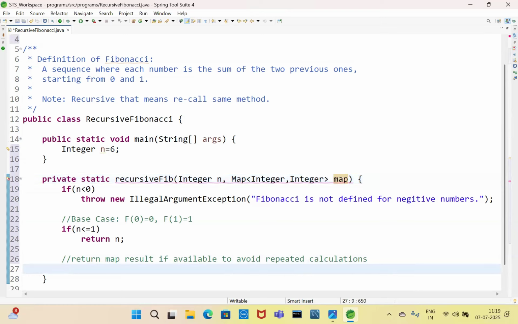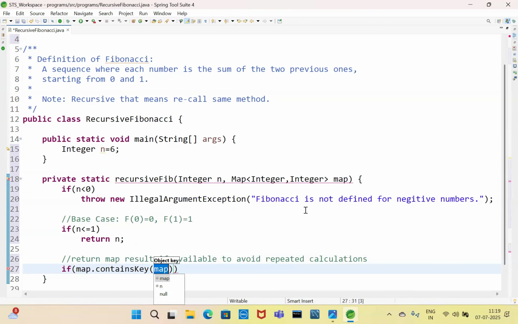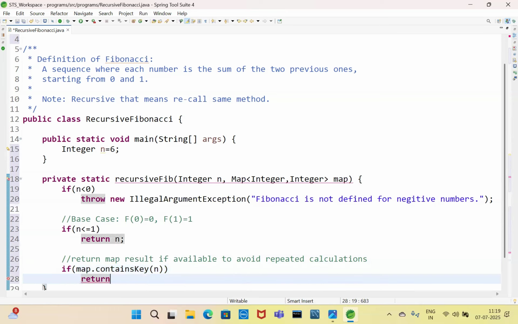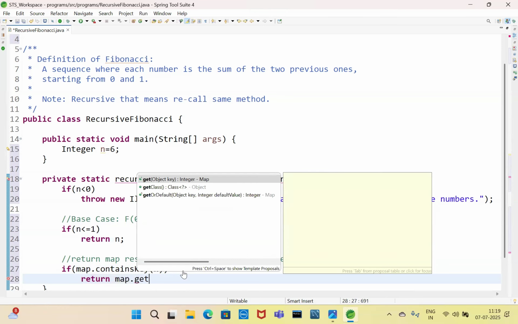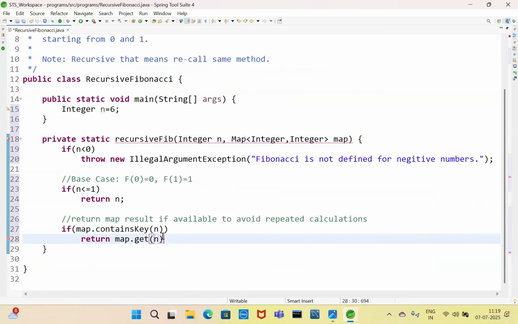So if map.containsKey(n), then we are saying return map.get(n);